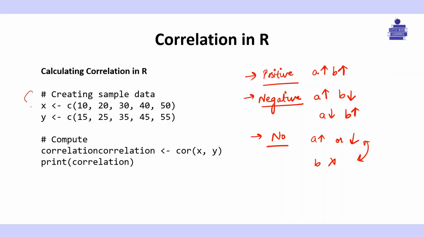Now let's understand using this code example how we can calculate correlation in R. Firstly, there are two sample data sets X and Y. Then we are using this function, cor(X, Y). Here, cor calculates the correlation coefficient for these two data sets, X and Y. If the value is close to 1, it indicates a positive correlation, and if it is close to -1, then it is a negative correlation. +1 positive, -1 negative.